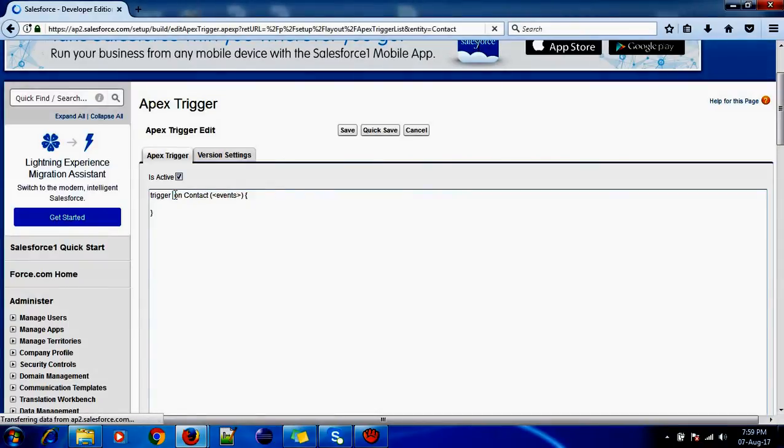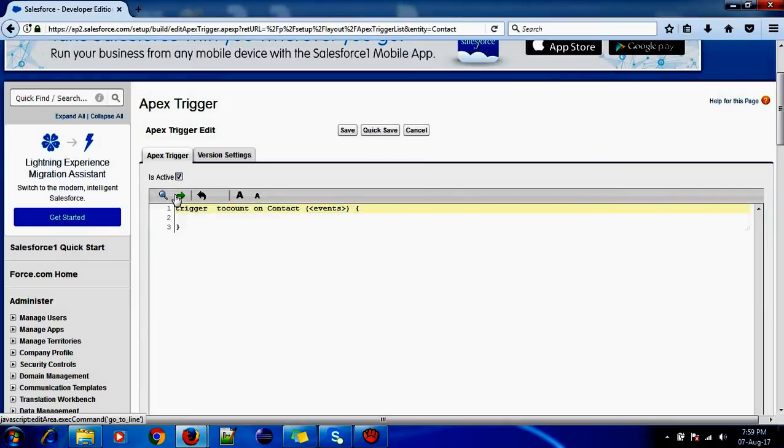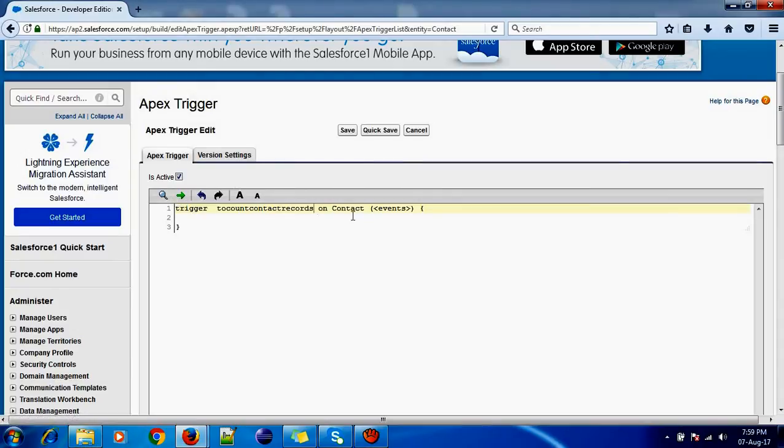We'll write the name of the trigger: count contact records. So it will count the total number of contact records and it will update in the account. So when should this happen?